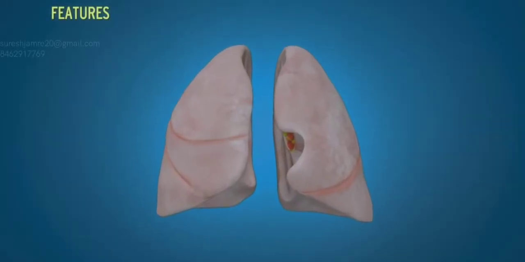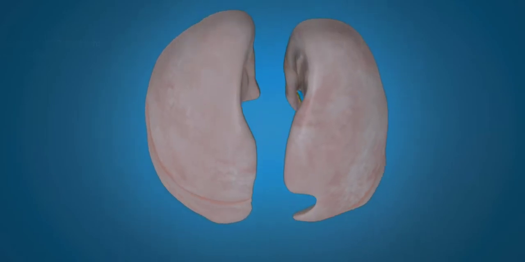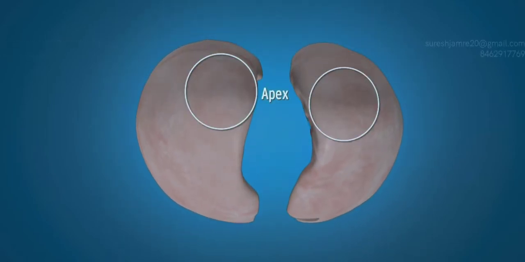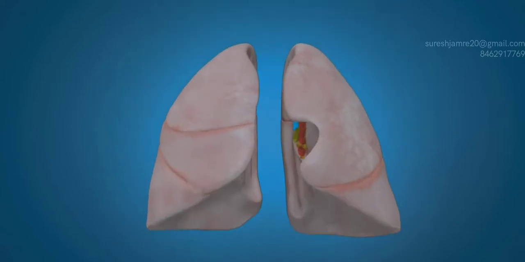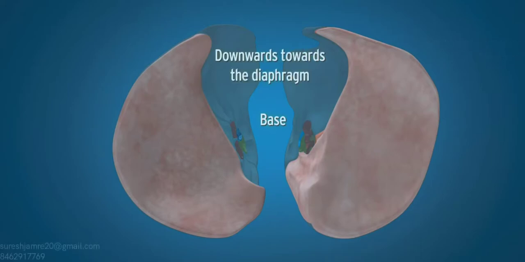Features. Each lung is cone-shaped. It presents apex, directed upwards, base, directed downwards towards the diaphragm on which it rests,